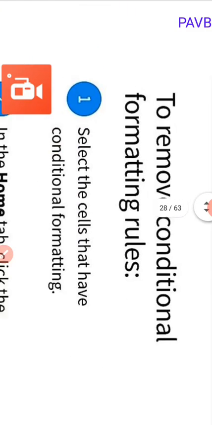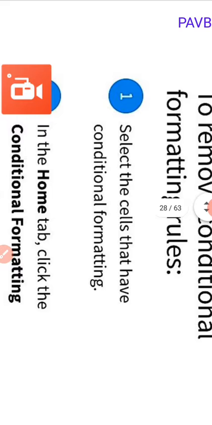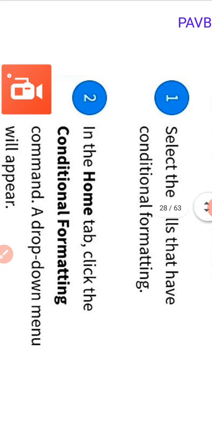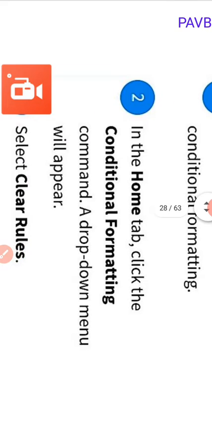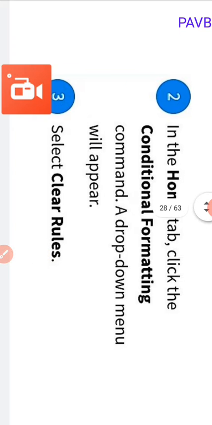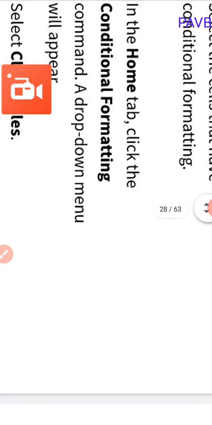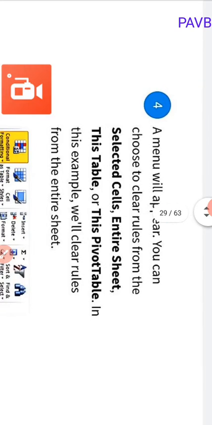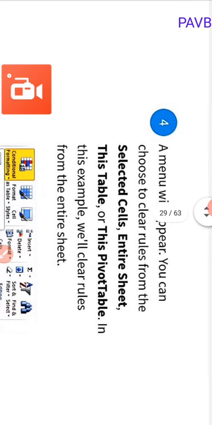To remove conditional formatting, the following steps are to be followed. Step 1. Select the cells that have conditional formatting. Step 2. In the Home tab, click the conditional formatting command. A drop-down menu will appear. Select Clear Rules. A menu will appear.